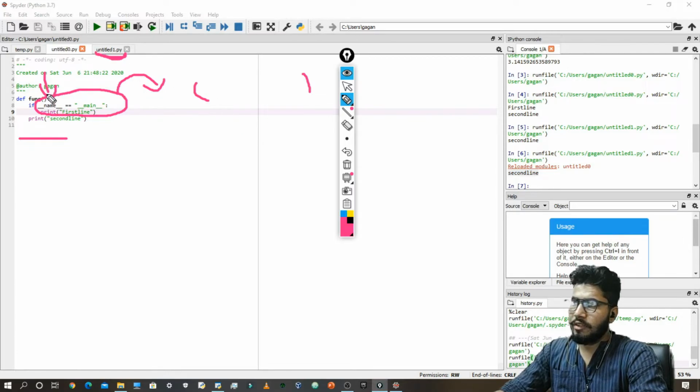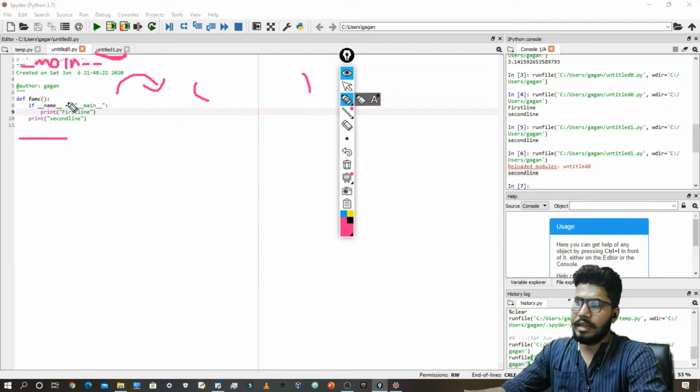So what happens if the program is running by itself? The interpreter gives this variable the value of __main__, which is the same as this. So this condition becomes true, and that's why in this case both the lines were printed.